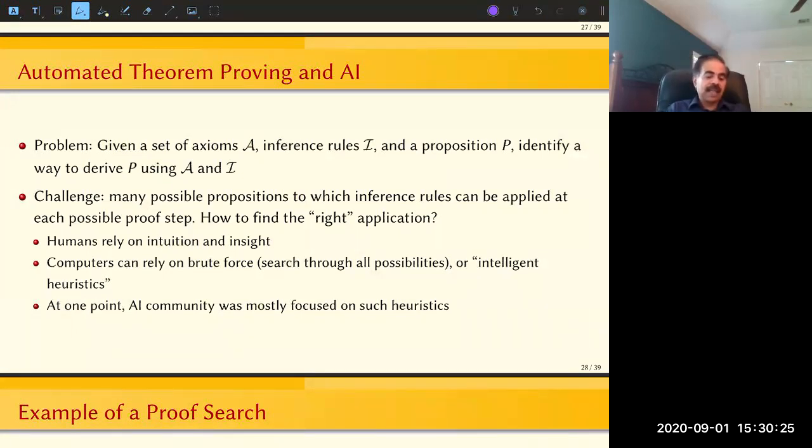But the problem is that the search space, the space of possible inference rules that can be used, the number of combinations is so large that even though the computer can look through many possibilities,